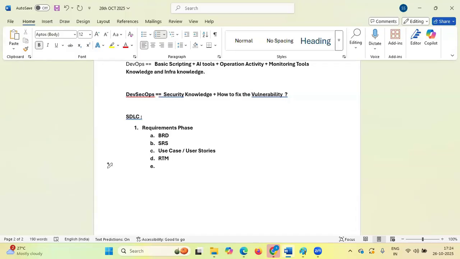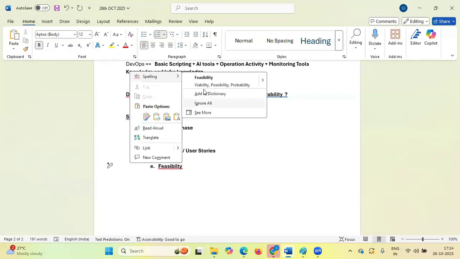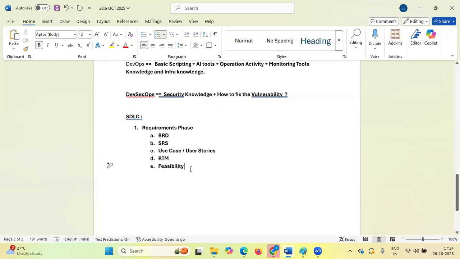Next is the feasibility study, or feasibility report. These are the outputs of this particular phase.